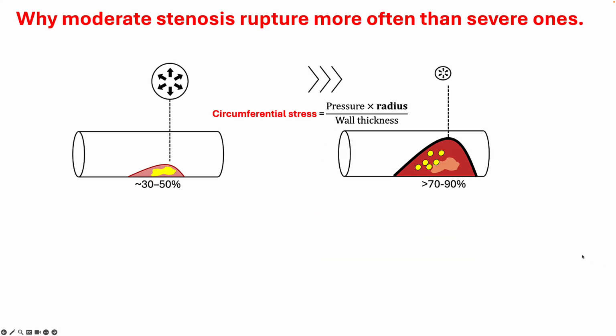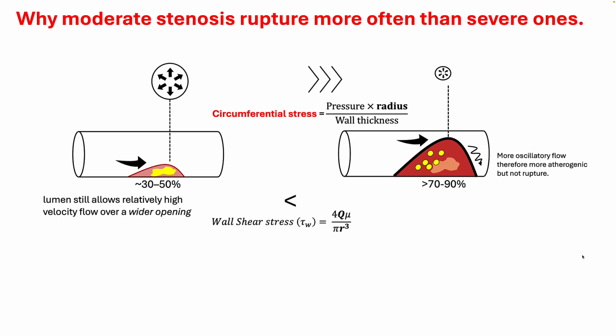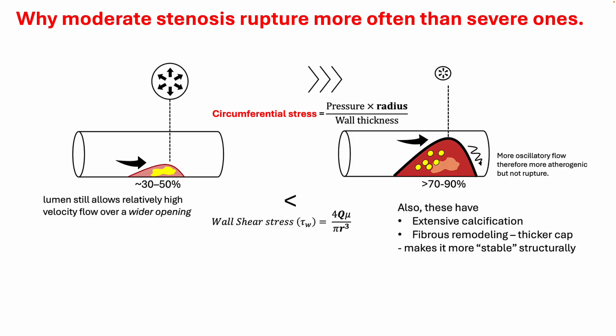Circumferential stress is more important in plaque rupture. Since circumferential stress depends upon the radius, the relative radius when your plaques are only 30 to 50% is much higher than when they are 70 to 90%. The shear stress is much higher in the 70 to 90%. However, as the blocks increase, the flow drops, thereby decreasing the wall shear stress. The plaques that are more severe have extensive calcification and a fibrous remodeling with thicker cap, so this makes them